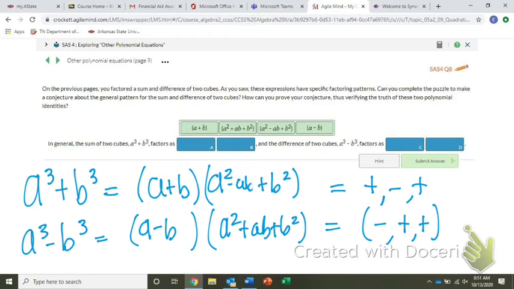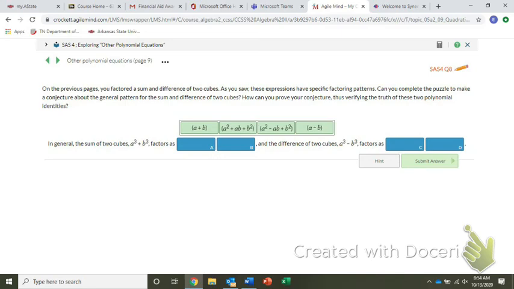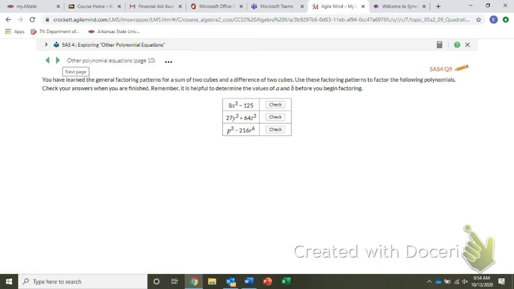We good? Oh, we don't want to do that one yet. We want to go to B. So on the next page, B, it says prove. What does the word prove mean? Show that it's correct. Show it's right. So what I want you to do for the first one, we're going to do two of them because we have a plus and we have a minus. So, for the first one,